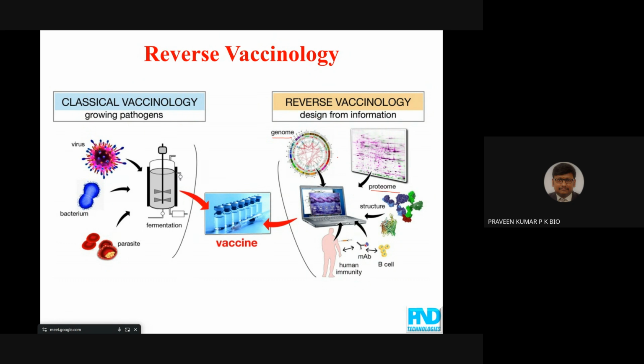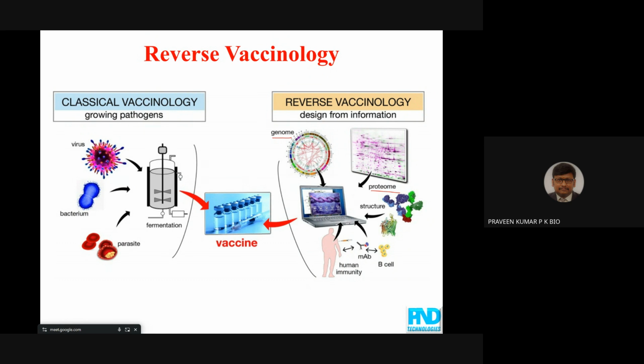So whatever genomes and proteomes we have from the proteome databases, we link with the structures, and from that we are able to generate the peptides. If we generate numerous peptides, we screen them based on a methodology, and then we can come up with a test peptide which can treat a specific population.